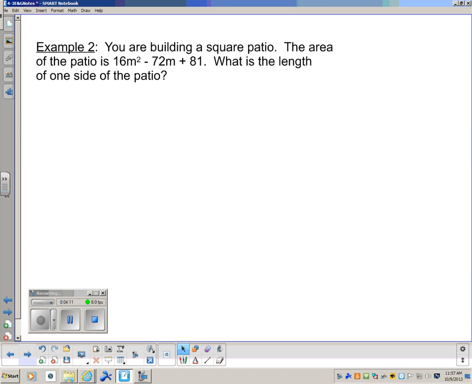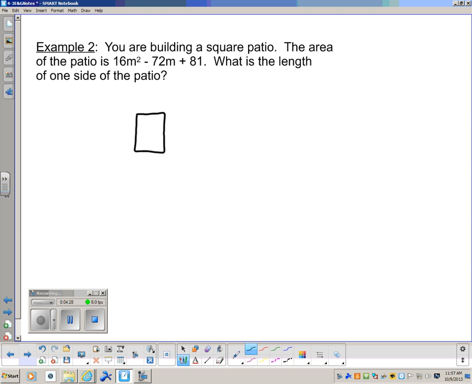You are building a square patio. The area of the patio is 16m squared minus 72m plus 81 square meters. What is the length of one side of the patio? So a square,